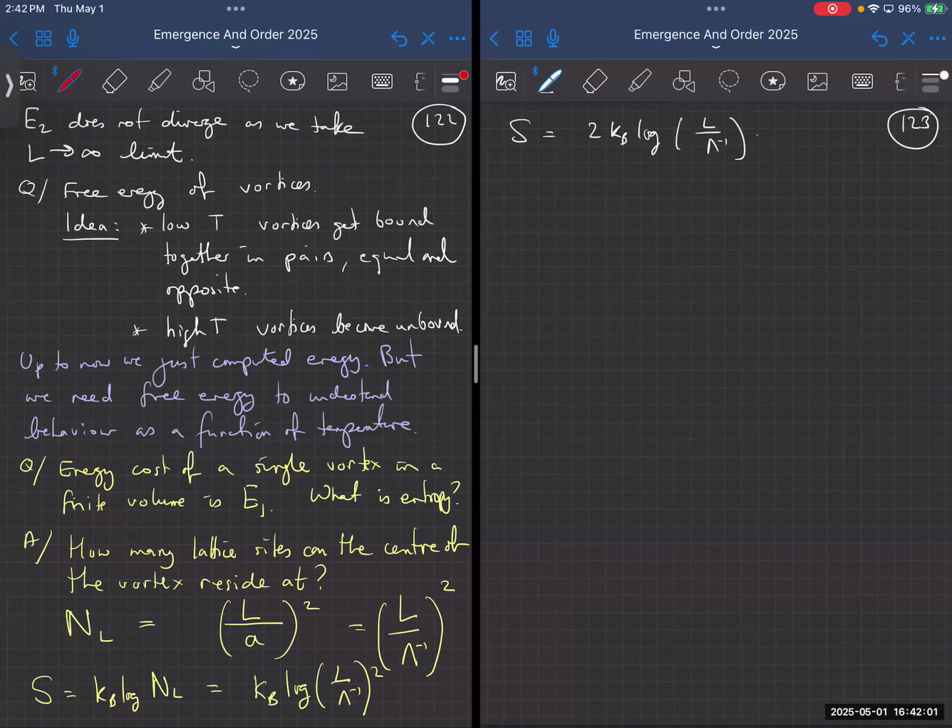Now if I write down the free energy of an isolated vortex, the free energy is equal to E1 minus T times S. So this is then just pi J minus 2 KB T times